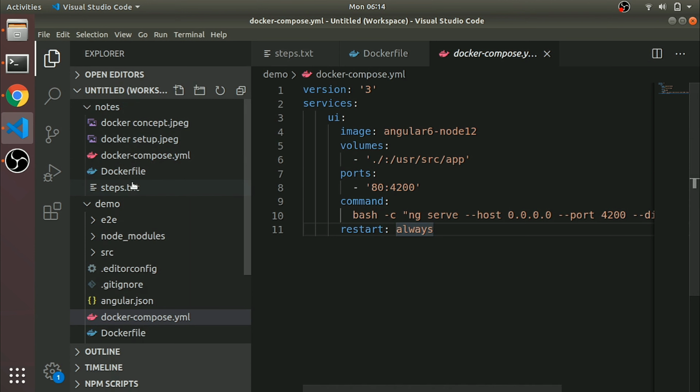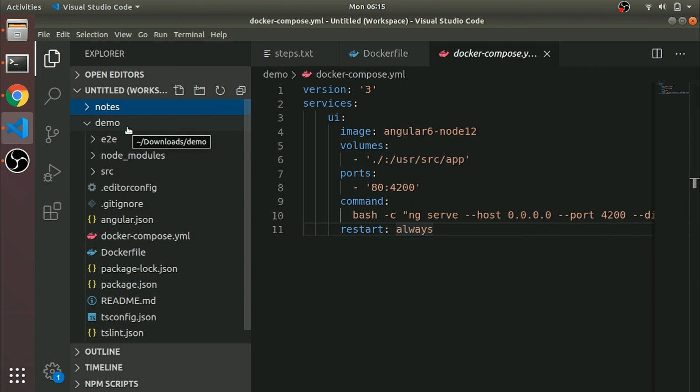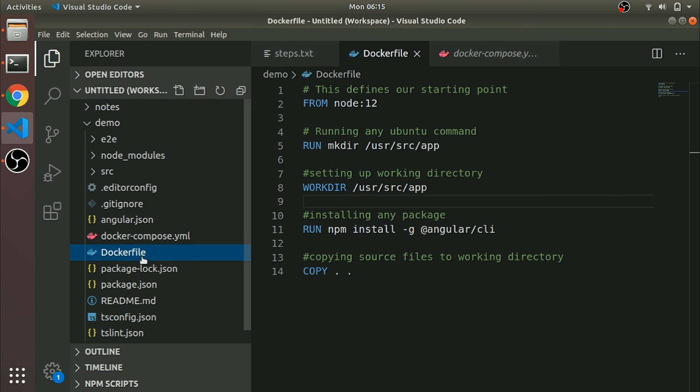So far, yesterday, we created another tutorial regarding that Docker command. In that, we created a UI application. In my past tutorial on Angular setup, I told how to install Angular. So I am taking that folder only. Before, the folder name was UI, and I just renamed it to demo folder. So far we have discussed how to create a Docker file. The Docker file is here. If you want to go into detail on this file, you can check out my previous tutorial.